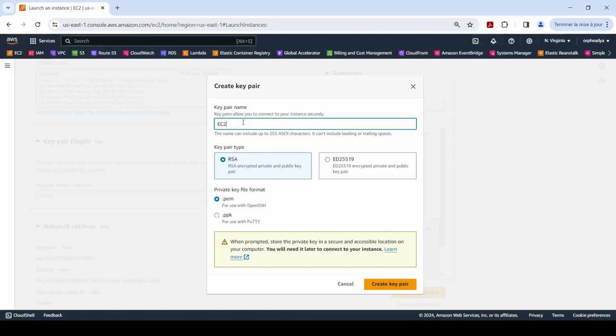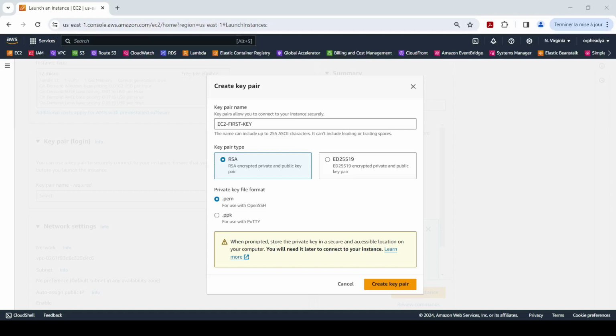I choose EC2 first key. For the key type I choose RSA, and if you have an operating system of type Linux, macOS or Windows 10 or more, you can choose the format .pem. In other cases, you choose the format .ppk.